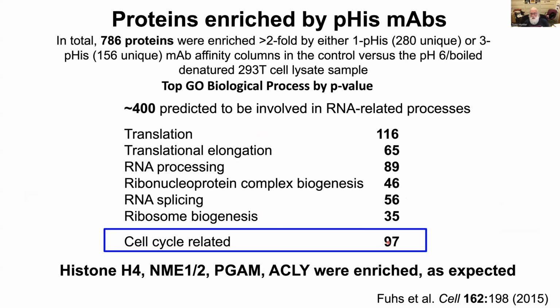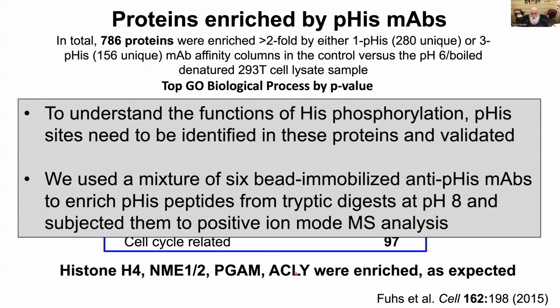And then about 100 had cell cycle GO terms, as our staining had suggested. And we found proteins that we expected, which we knew already contained phosphohistidine. Now, this doesn't map the phosphohistidine in these proteins, and we needed to do more conventional phosphoproteomic analysis, which is